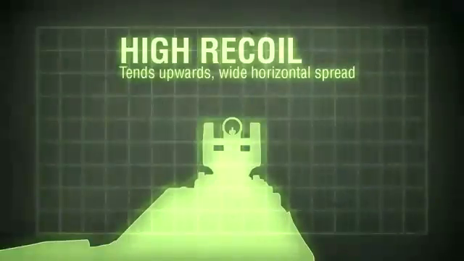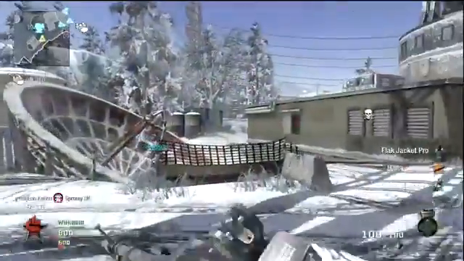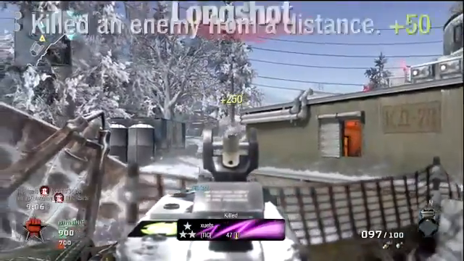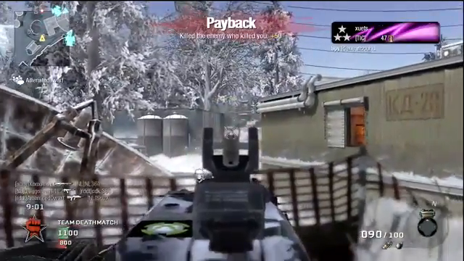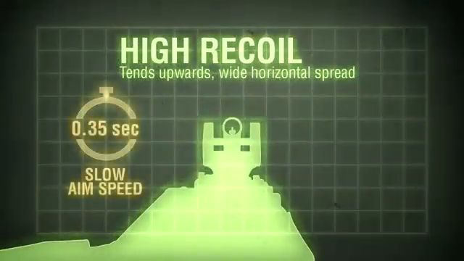Despite the low fire rate, recoil is still pretty heavy. You'll see substantial horizontal and upward spread when employed full auto. This can be mitigated by firing in single shots at range, but the HK21 would probably be the superior choice for long-range engagements. As usual for an LMG, the time it takes to aim down sights is slow, at 350